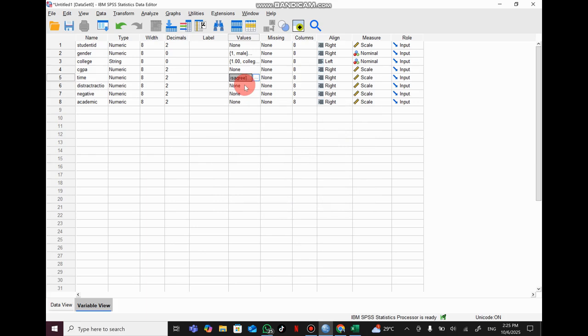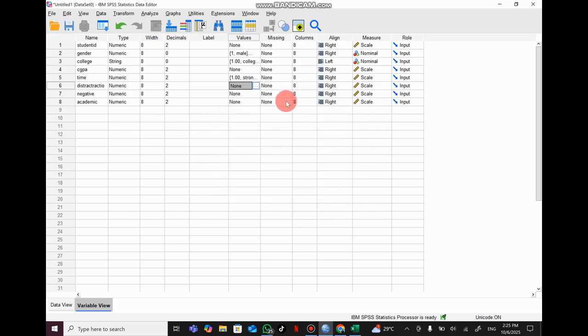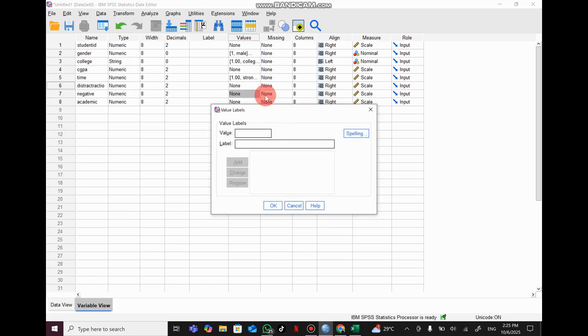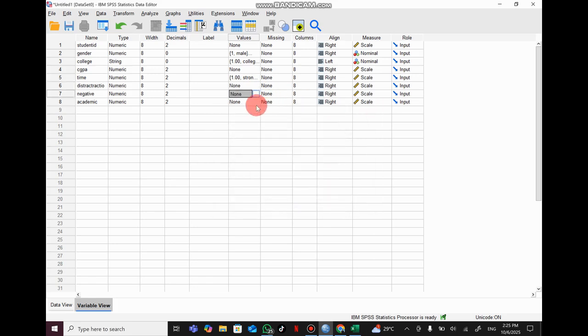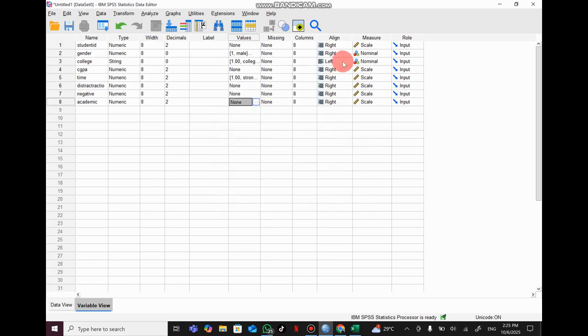We also need to change the values for distraction, then negative impact, and also academic performance. For the measure, when using numbers, actually we use scale. There are three: nominal, ordinal, and scale.